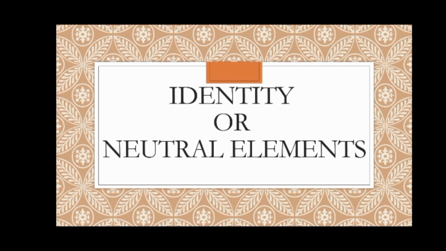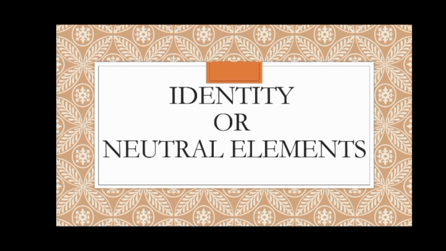Identity or neutral element. So as we progress, we'll be adding this and inverse, okay? So let's look at identity. With the identity element, represent E as the identity element. So if E belongs to R, with the identity or neutral element under a binary operation star on a set R of real numbers, then